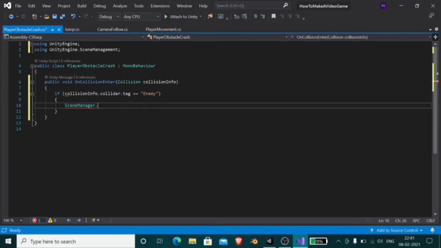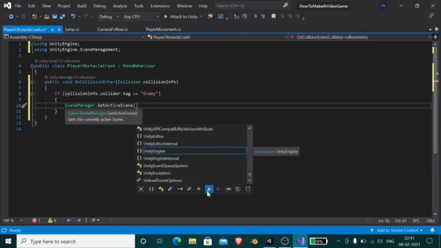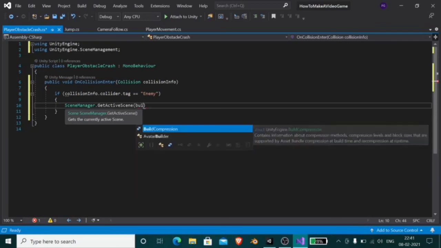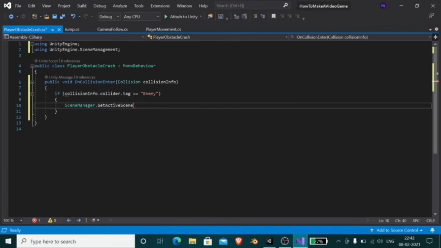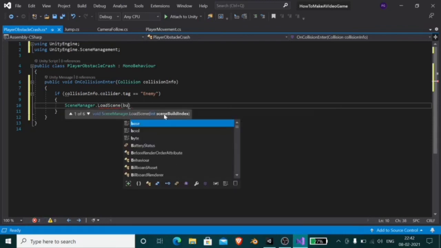Yeah, so SceneManager.GetActiveScene, and then in brackets we can write, so you can see all of the things we can do with this scene manager. So SceneManager.LoadScene, not GetActiveScene, LoadScene, and in here we can write the build